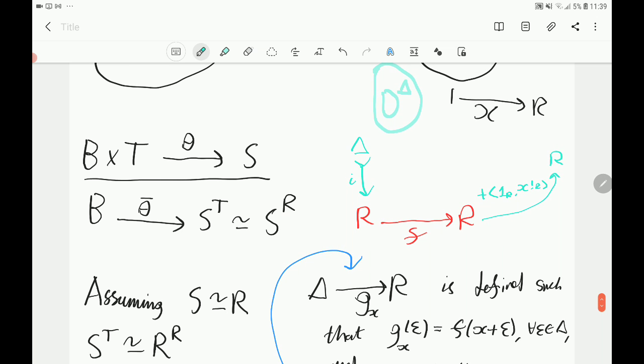Okay, I got this the wrong way around. That's what I want to do, okay? So I think that this composition here is the G that I want, right? Because if we think about how this works on an epsilon,